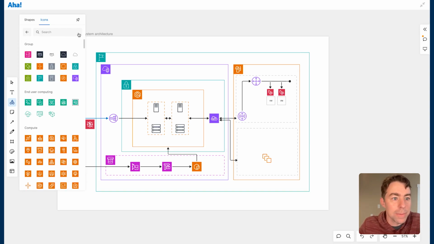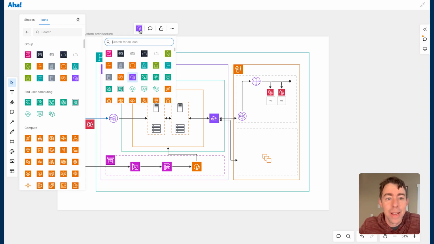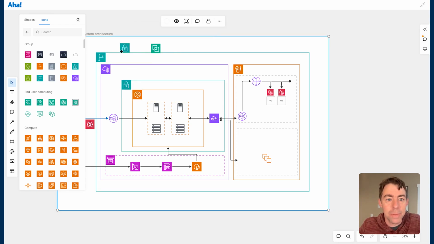Now, if you're creating one of these from scratch, like me, you're probably adding a lot of different icons to the same diagram. So I like to pin this menu right here, and then once it's open, I can just start adding things. If I add the wrong thing to the right place, I don't have to delete it and start over. I can just replace it right there with something that makes a little more sense. I'm fully aware that these two don't make any sense, but that's great because now that I've got a draft of my diagram, I can send it out for review.